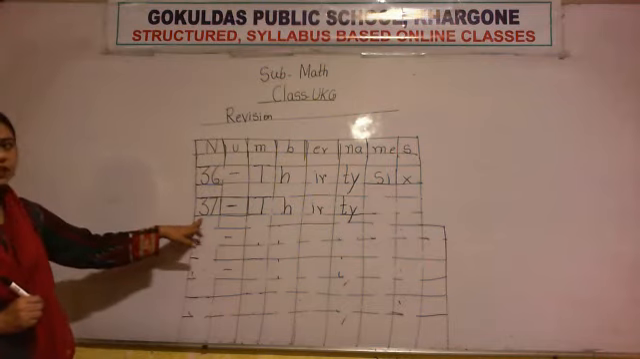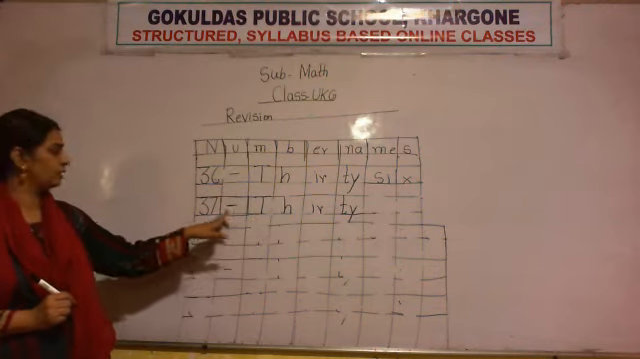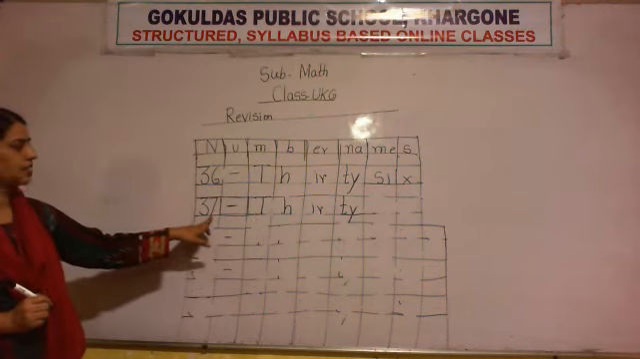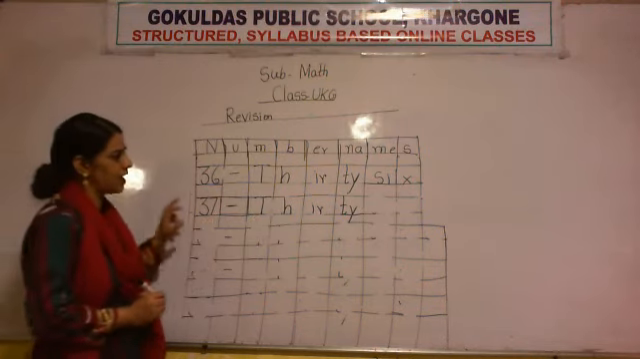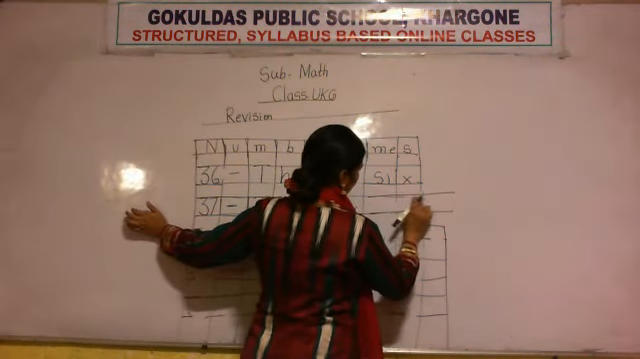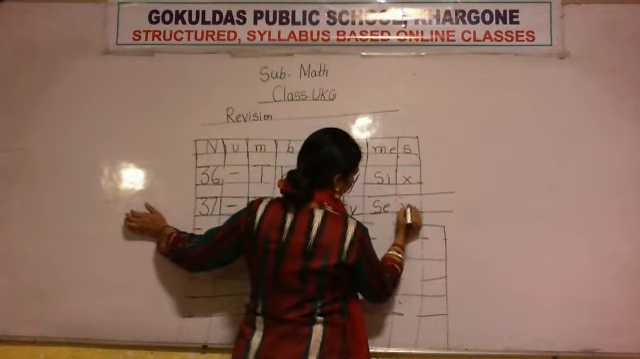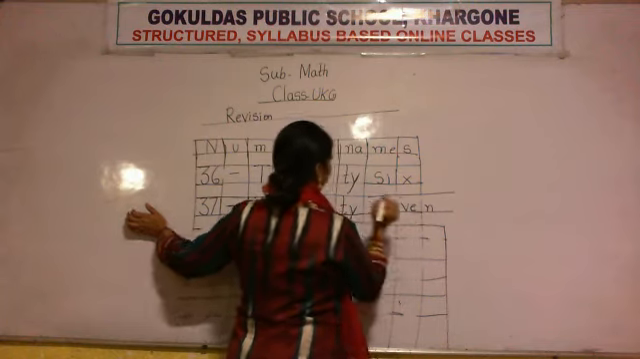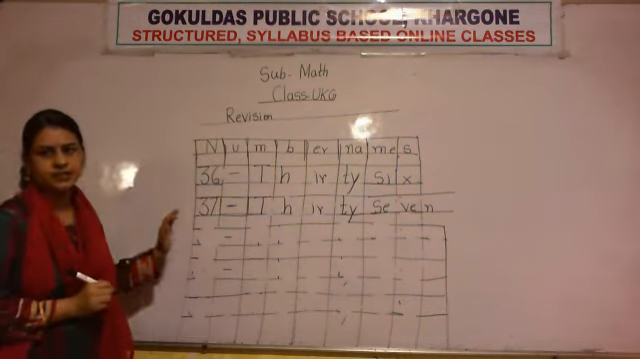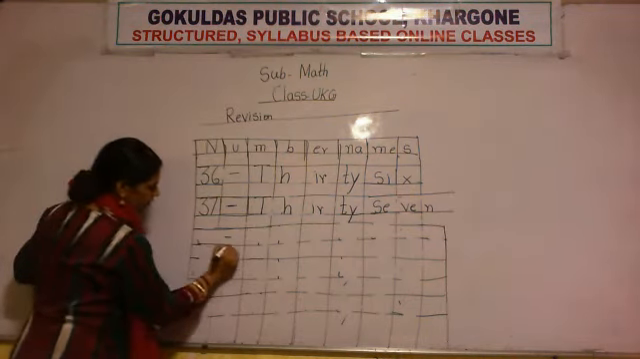So it is written here 37. That means first we have to write the spelling of 30. Then what is written here? 7. So after 30, which spelling we have to write here? Spelling of 7. Okay. So I am going to write the spelling of 7 here. SEVEN 7. Okay. 37. Now spelling of